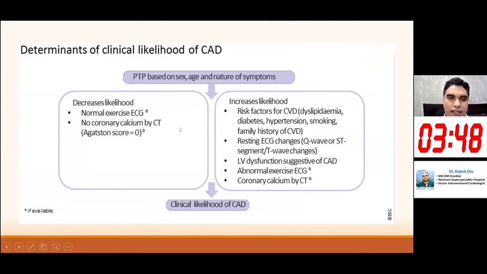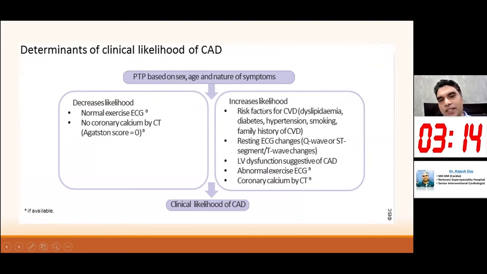In this particular category, we can further reclassify patients depending on the presence and absence of various clinical features. Suppose the patient in the intermediate category has a normal exercise ECG, a normal treadmill test, and or if we have advised coronary calcium scoring and the calcium score is 0, that means there is very low likelihood of CAD in these patients, and we can avoid further testing, and we can avoid